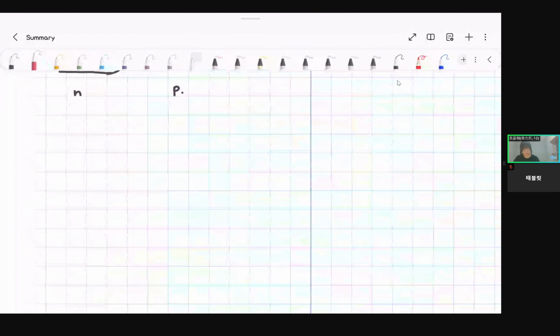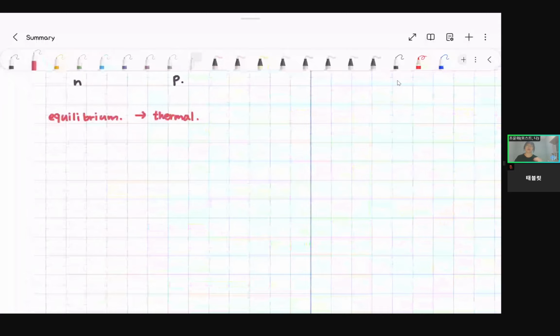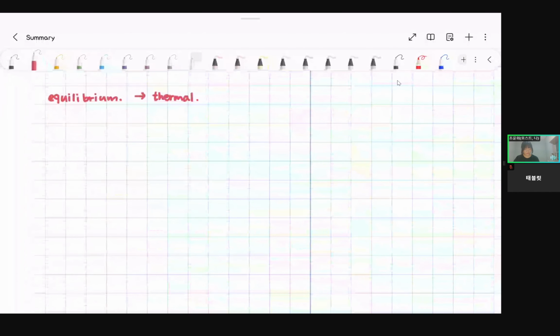So we have to discuss the equilibrium state, which means the thermal equilibrium. In this case, the N-type and P-type Fermi levels are constant. So first we draw the Fermi levels constantly,